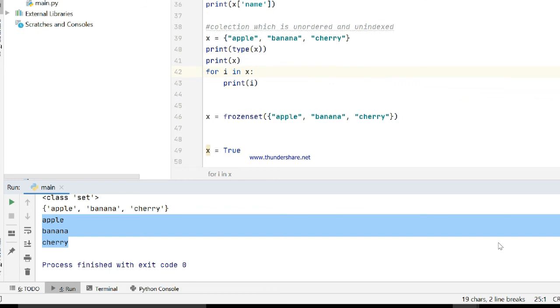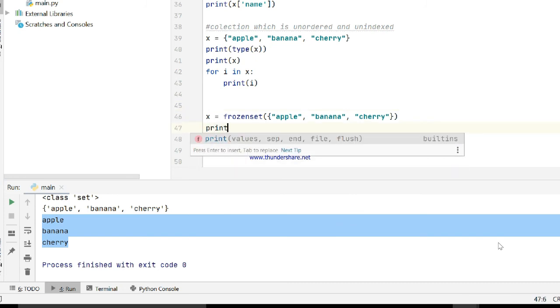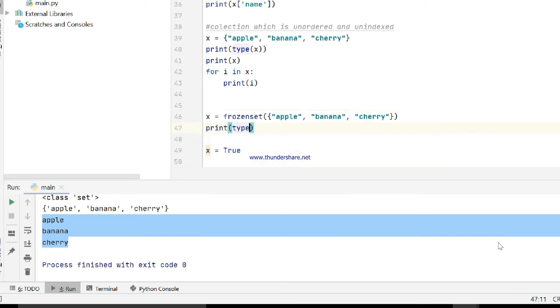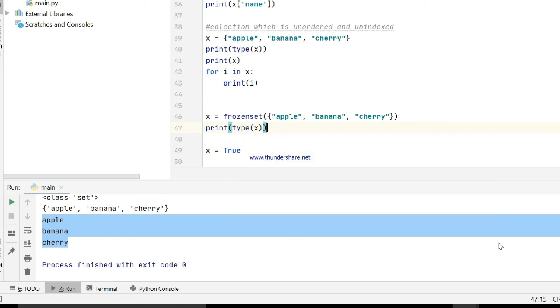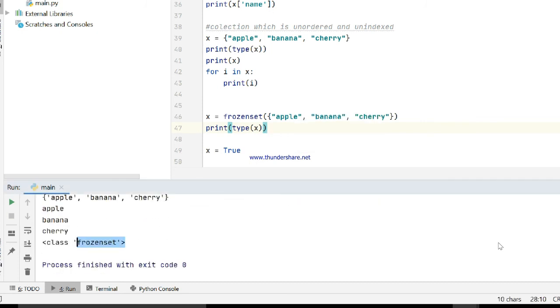Now this is the frozen set. This is the second form of the set, that is frozen set, as the name suggests. So just to cross verify, check its type, to which class it belongs. See, it belongs to the frozen set class.